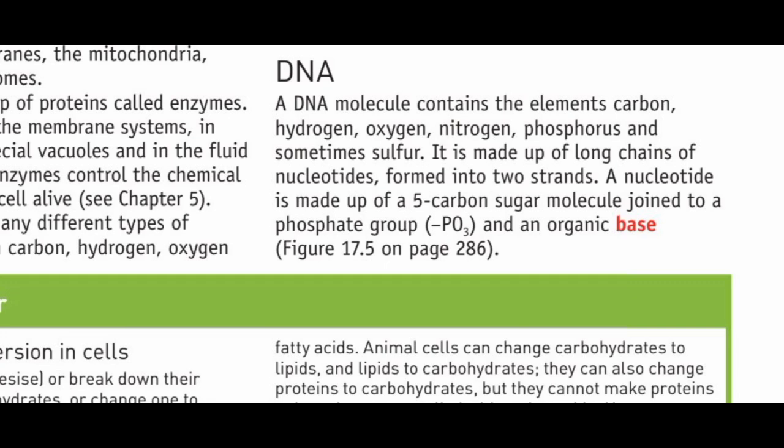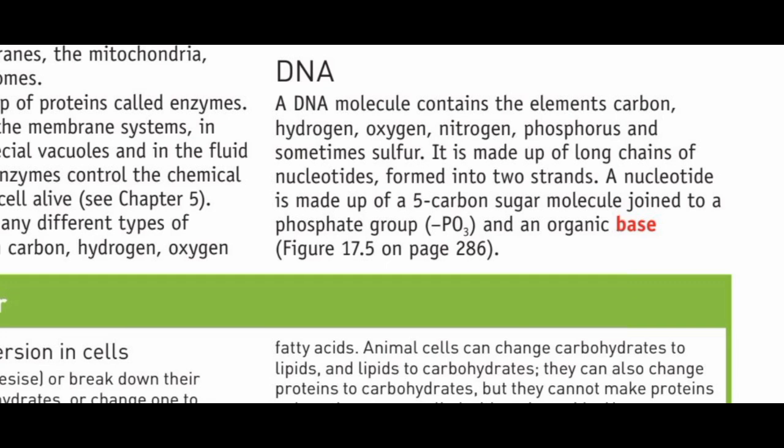Now we discuss the structure of DNA. The DNA molecule consists of two strands of nucleotides. These strands twist around each other to form a shape called a double helix. The double helix structure looks like a twisted ladder. In this structure, the sugar and the phosphate group form the sides of the ladder, and the nitrogen bases form the rungs of the ladder. This unique structure allows DNA to store large amounts of genetic information.